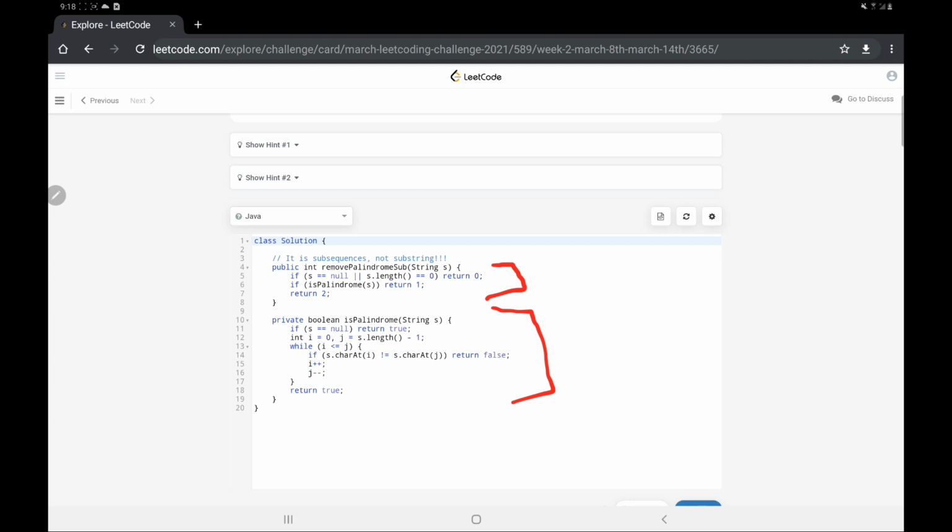I'm just comparing character by character using two pointers, so I have avoided any extra space. The space complexity will be O of 1 because I have not taken any extra string. I'm just traversing the string from the forward as well as the backward direction. The running time will be O of n by 2 in this case, because I am traversing with the help of my two pointers, I and j.